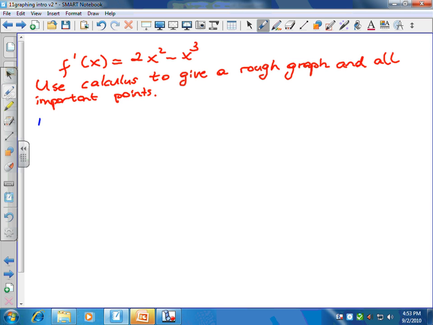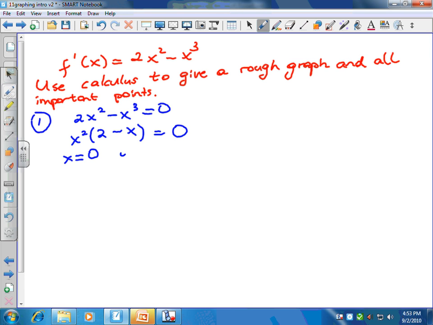So step number 1 was to set f prime equal to 0. Let's solve this for x. So I'm going to take out an x squared from both of the terms. And setting each one equal to 0, we get x squared, in other words, x is 0, or 2 minus x, in other words, is 0, that is x is equal to 2. So 2 possible